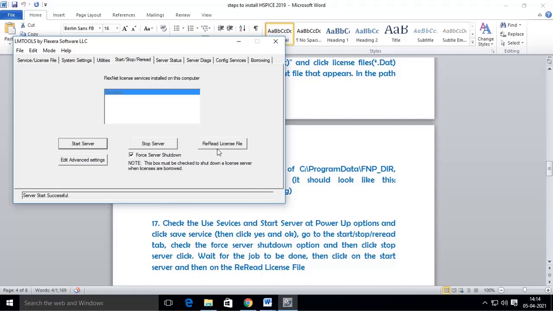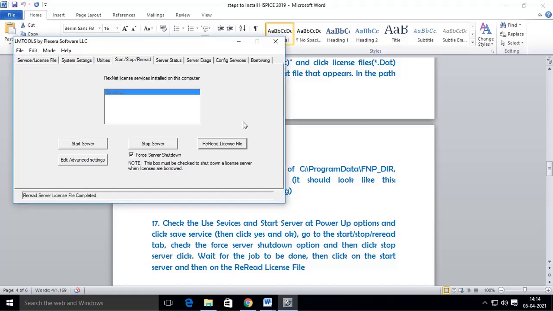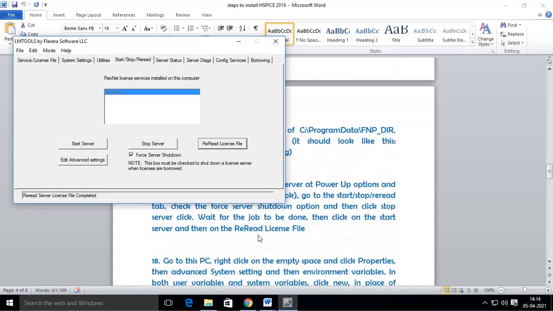Then click reread the license file. So reread server license file is completed.